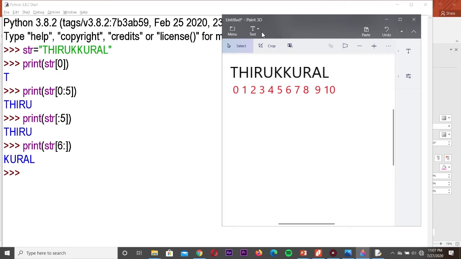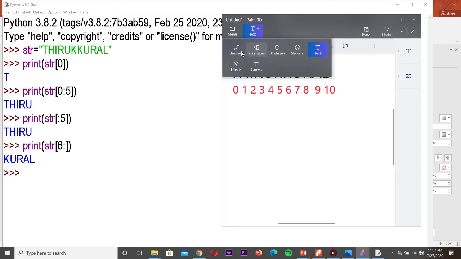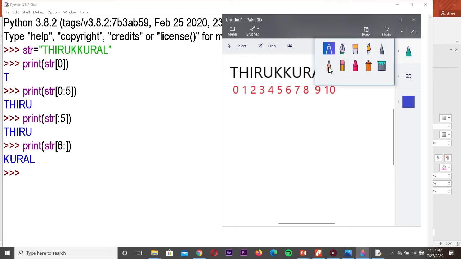Okay, so here, if I underline, you can understand. So 0 to 4. So this is the output. Next one is print, where the starting index I have not mentioned and the ending index is again 5. That means 4. If the starting index is not mentioned, it always considers the default value as 0. So again the same, 0 to 4, and we will be getting the same output.